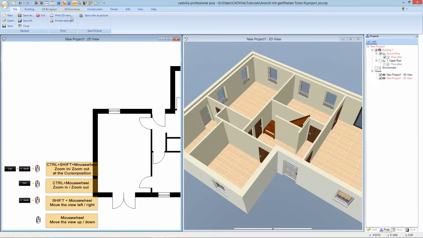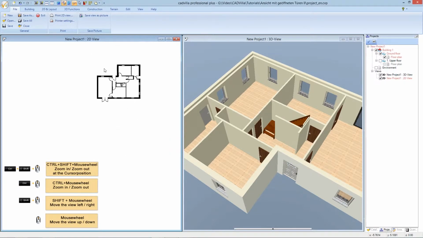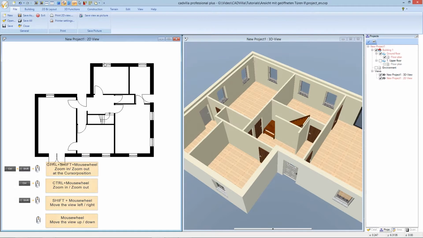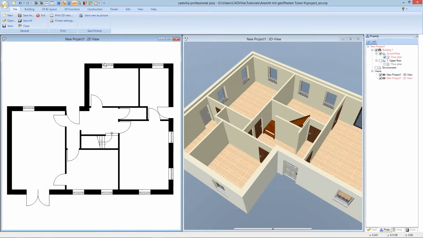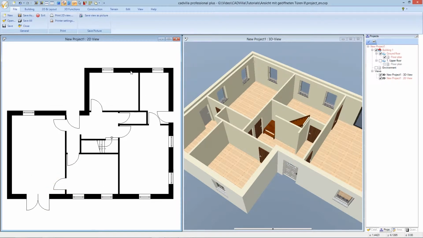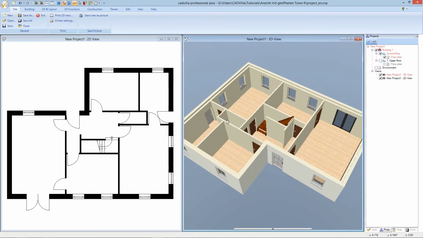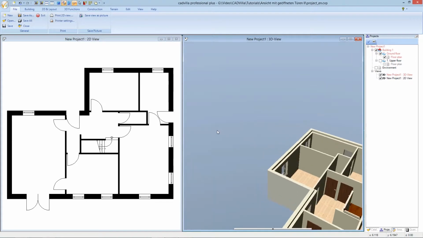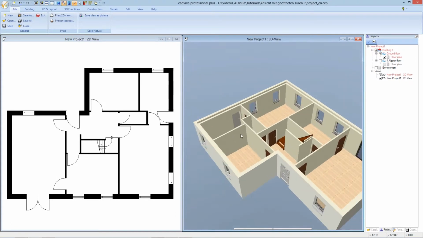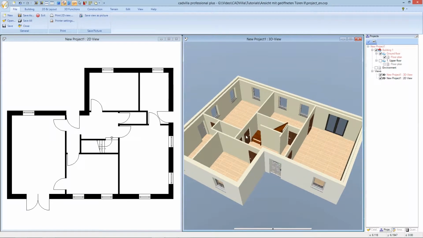After it, we zoom our model home in the 2D view in a position with a good overview. After it, we switch into the 3D view and we zoom also here in a position with a good overview. Here we can see very good that still all doors are closed. To change that, we switch into the 2D view